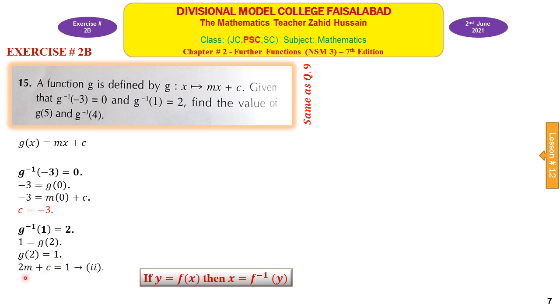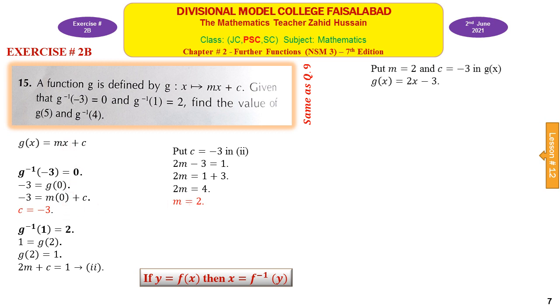Put this value of c in this equation. We get 2m minus 3 is equal to 1. 2m is equal to 4 and m is equal to 2. Find the value of g of 5 and g inverse 4. So we will put these values of m and c in this function to get a new function 2x minus 3. The value of this function when x is equal to 5